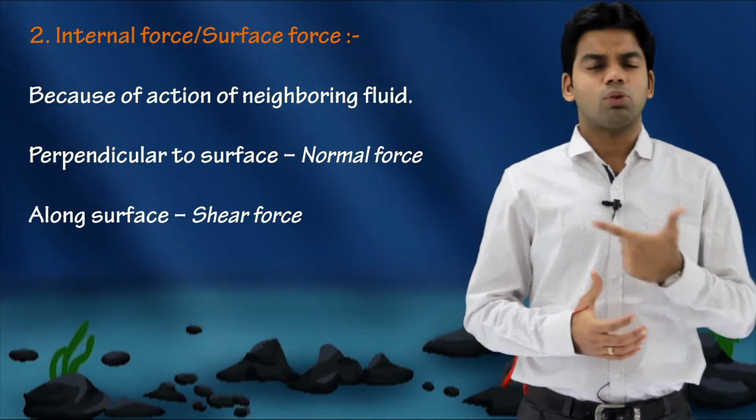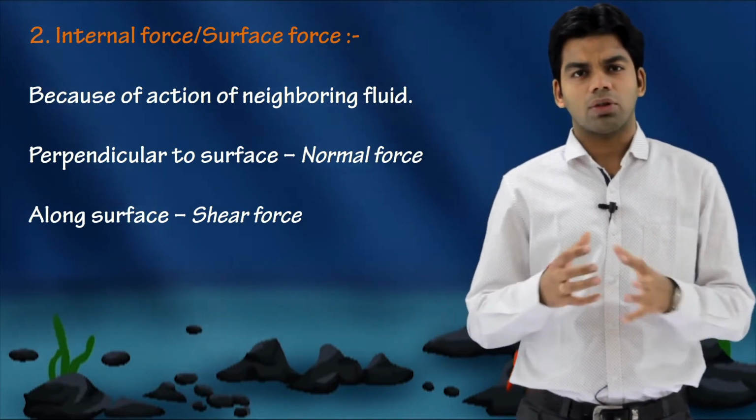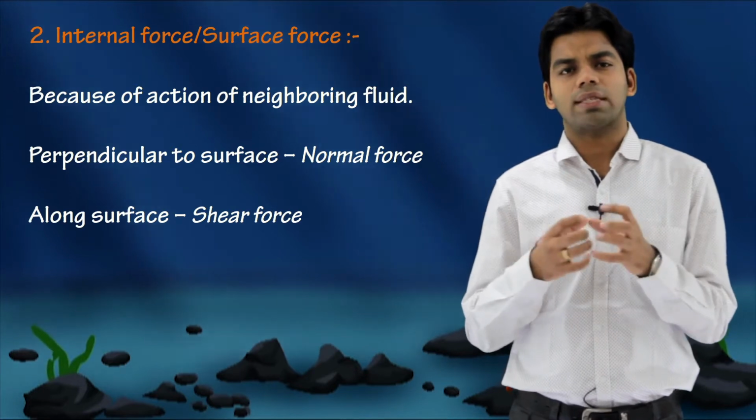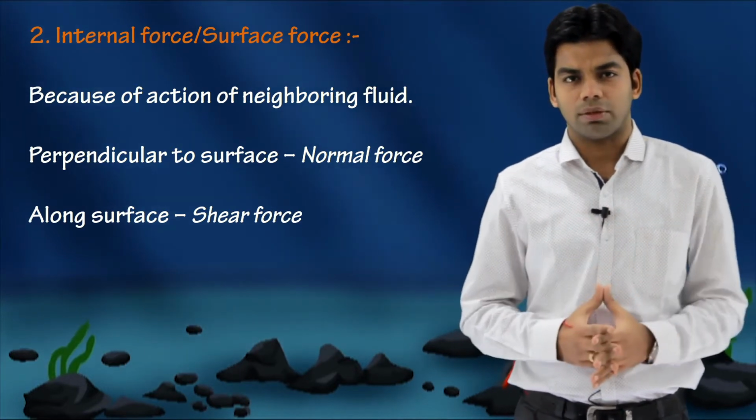Second thing, there will be no tensile force acting on the fluid element because from all the sides the fluid is getting compressive force or compressive pressure. So suppose I am considering a small tetrahedron fluid element inside the fluid, with stresses acting from all the sides. Suppose in the x direction sigma x is acting, in the y direction sigma y is acting, in the z direction sigma z is acting, and there is one more stress sigma n, which is normal to this surface.